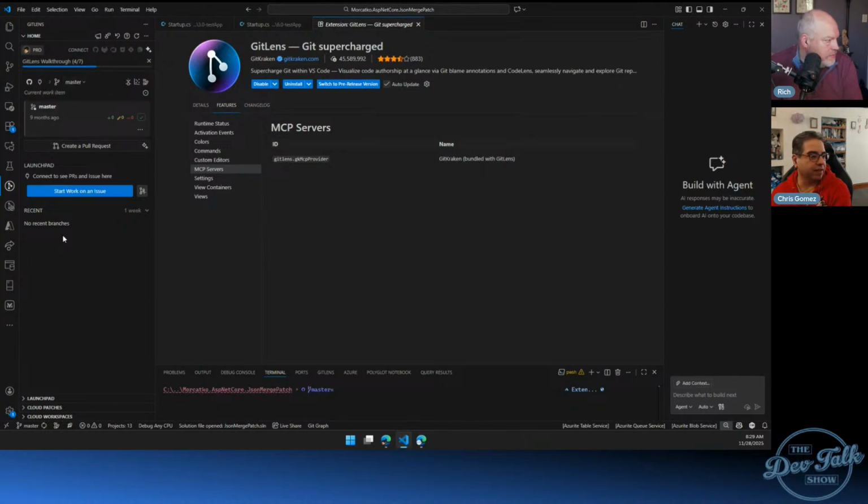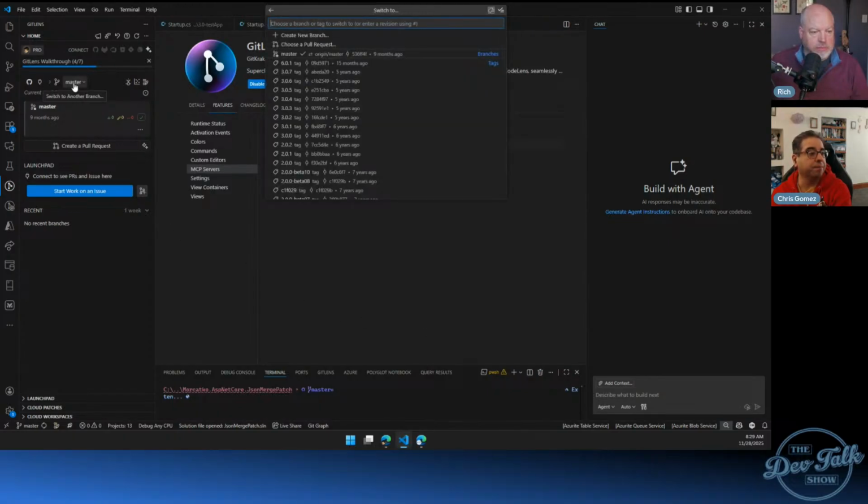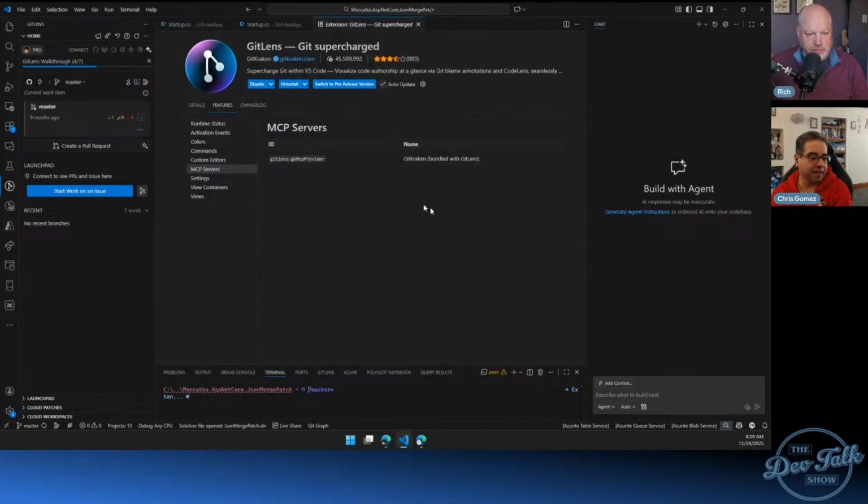That's interesting. That's talking more about an extension and less about an MCP server. I suppose if I was working on something, I could say, in fact, I guess I could do this. I'm just going to give this a try here. I could go to the agent, I guess, and say, might be a little hard to read right now, but I'm interested in checking out the code for the 2.0.0 release.